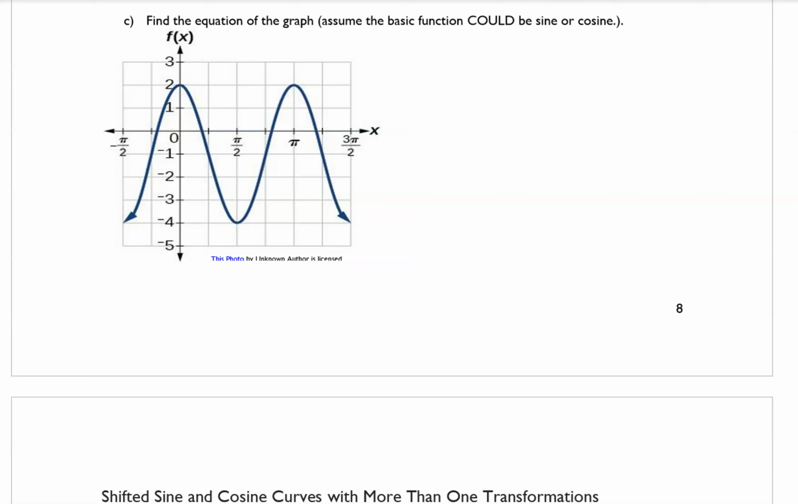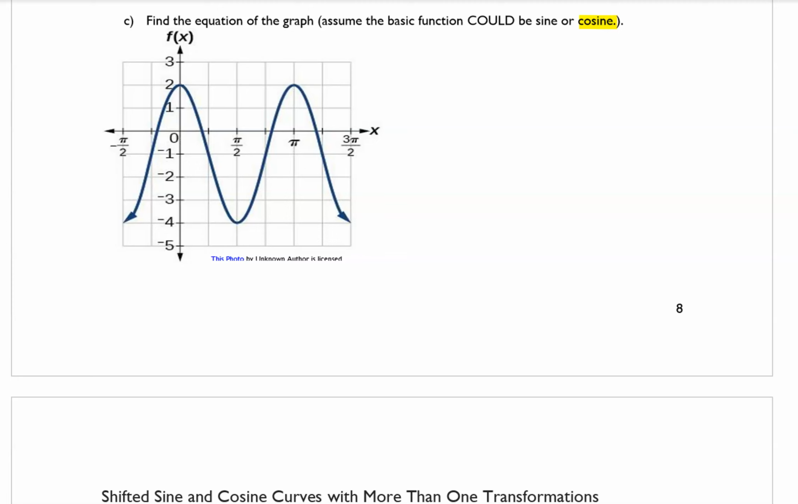Part C says, find the equation of the graph. Assume the basic function could be sine or cosine. Let's start off with cosine, since we know that by looking at the graph, it already has this U shape where it starts at the top and then goes to the bottom. And then we can figure out the sine